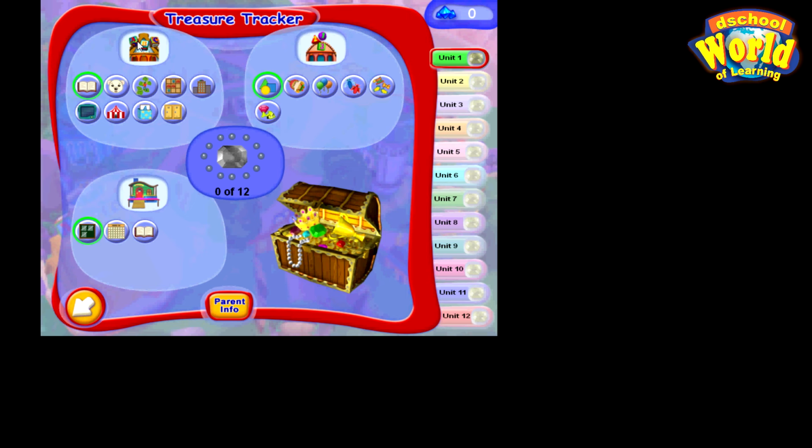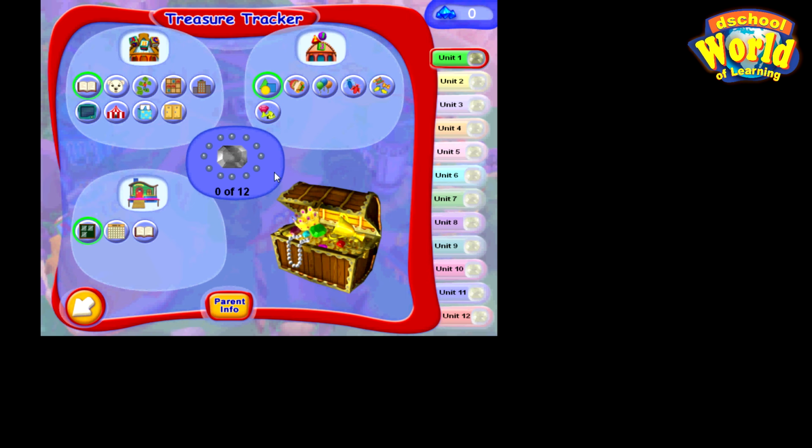Okay, so the reading arcade is headed by ABC. The math arcade on the right side is 1, 2, 3, and then at the bottom left, those are creative subjects. Those are graphs, reading and narrating and writing, calendar, and so on. These games will be increasing as the child goes to higher units. You'll find the number of games will increase with time. So we go to the math.